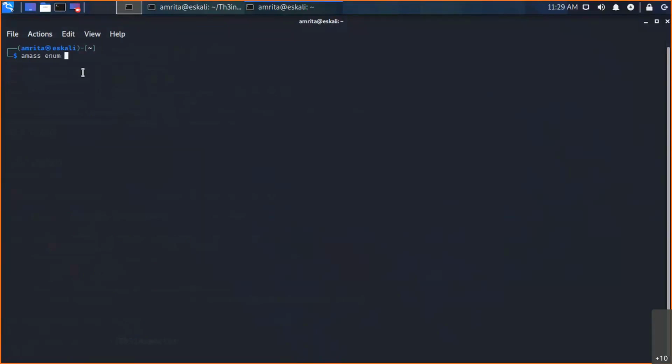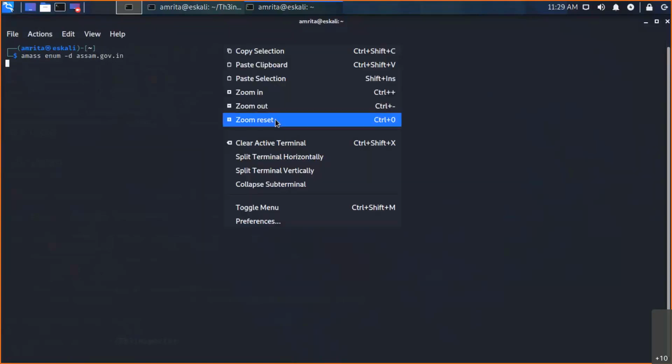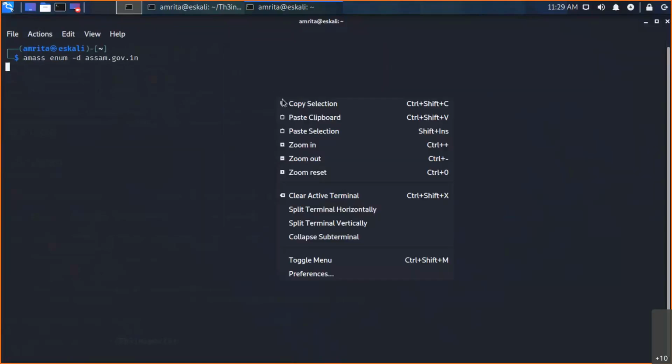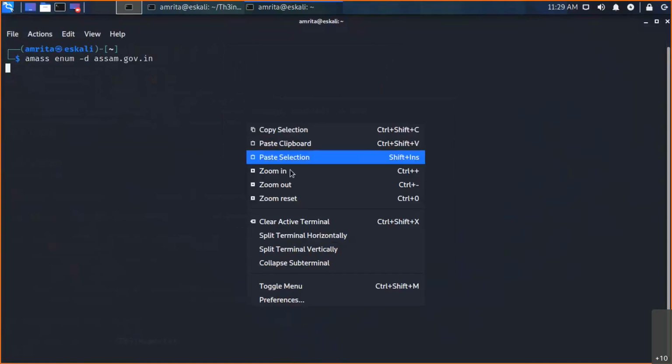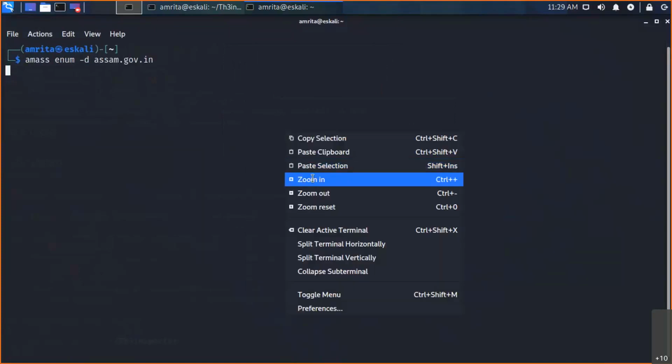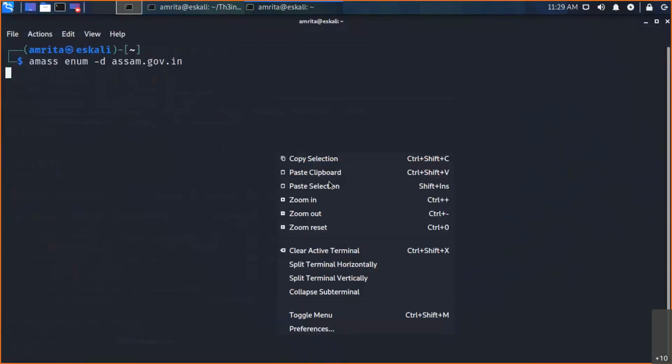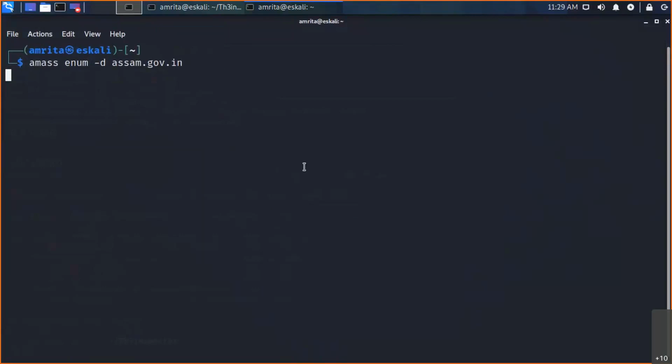For that, again, the Amass enum is very powerful. So we try to find out with assam.gov.in what subdomains are available.